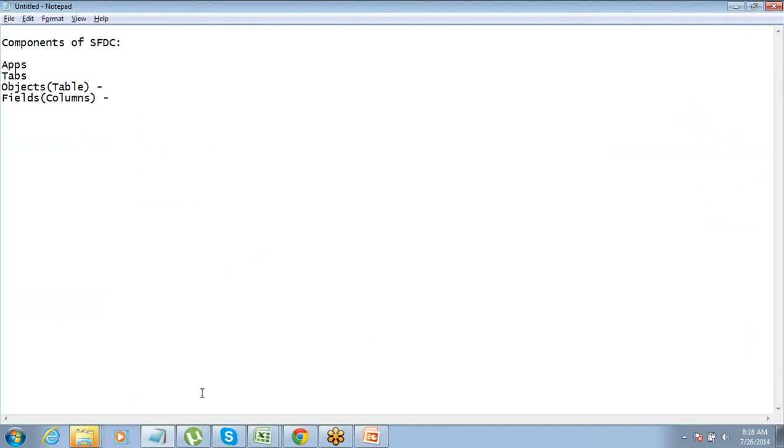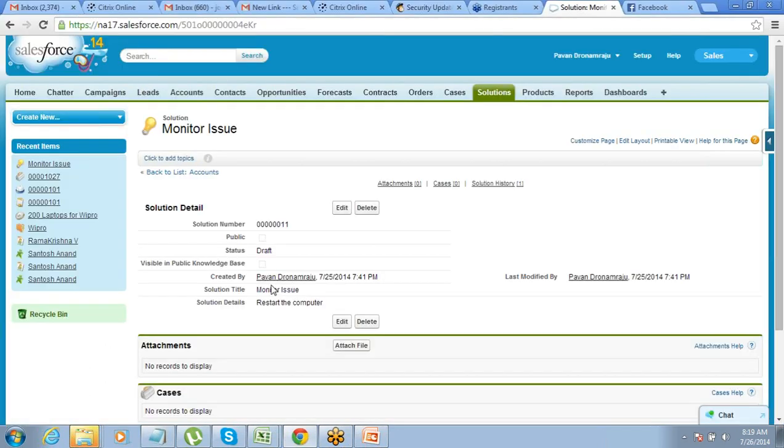When you look into the scenario that we were talking about, campaigns is an object and there is a tab for the campaign in the front end, right? So this tab is just a connector or a button for connecting to that object. Like for campaign we have leads. So all these are objects in the back end and we have tabs for them in the front end as well.